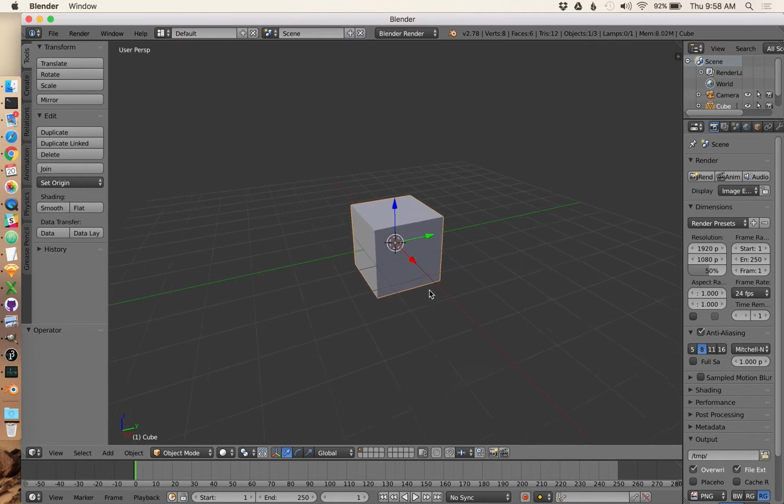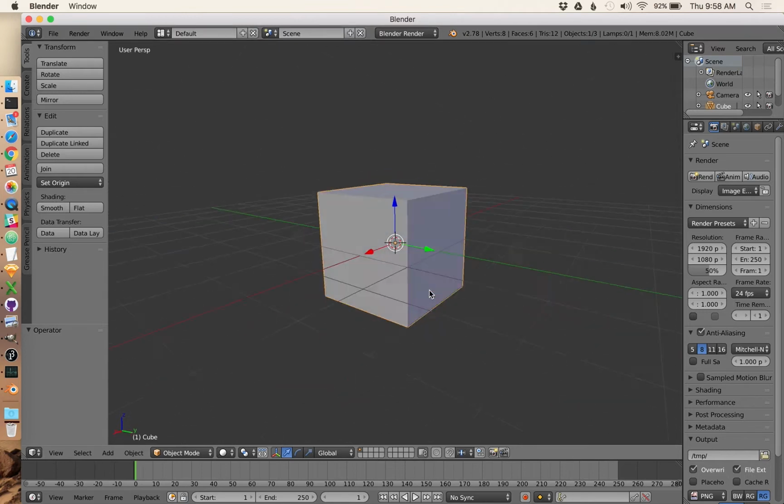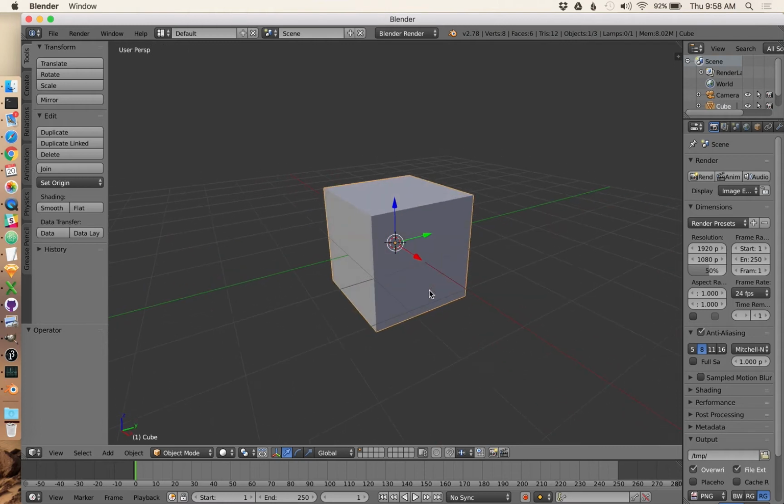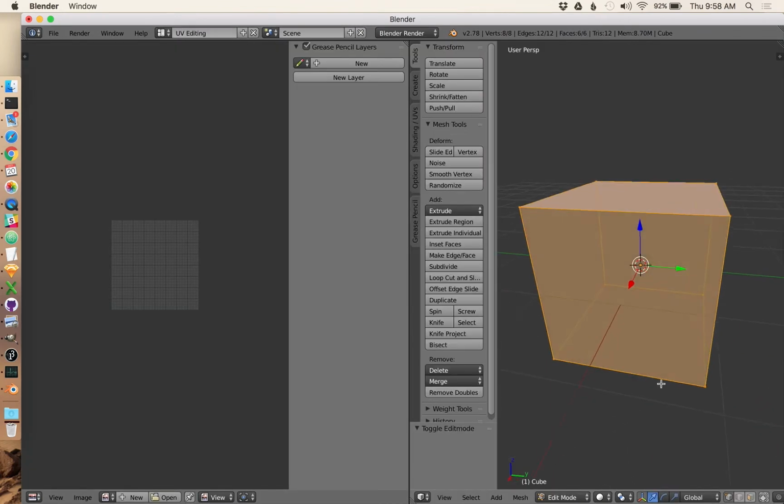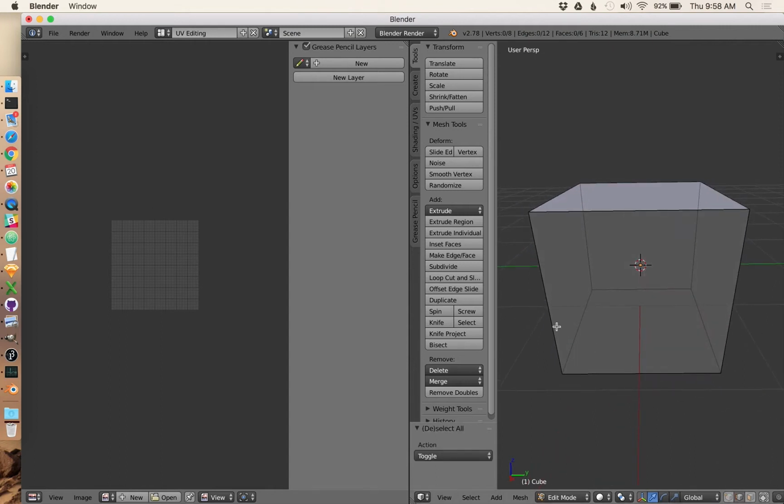Let's take something very simple and do a UV unwrap on it. Now, I highly recommend the lynda.com tutorials on UV unwrapping, but this is just like the basics. So here we go. Over here, I'm in edit mode. I'm going to select edges to